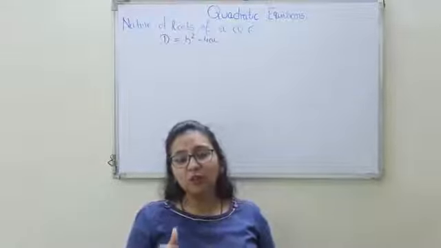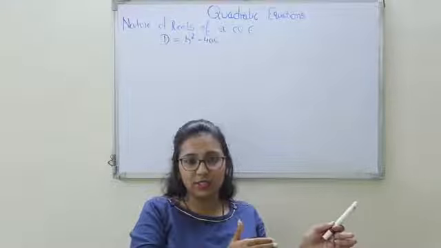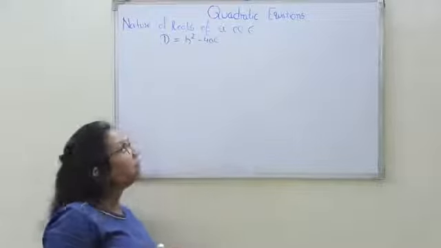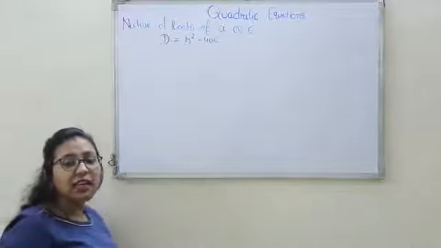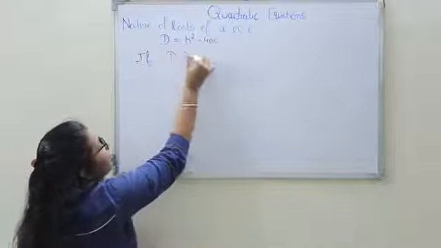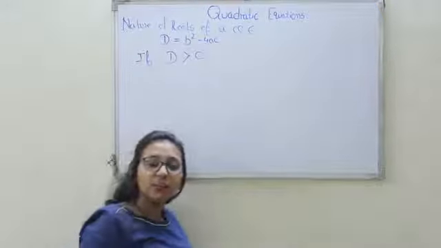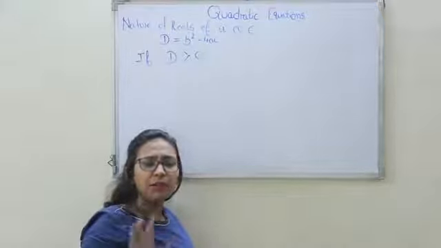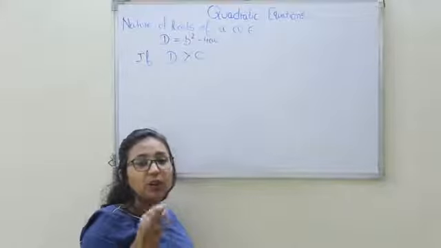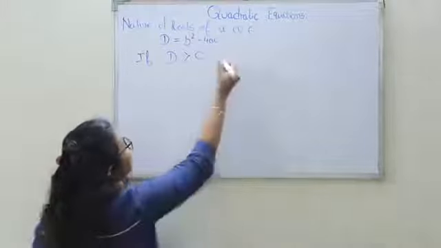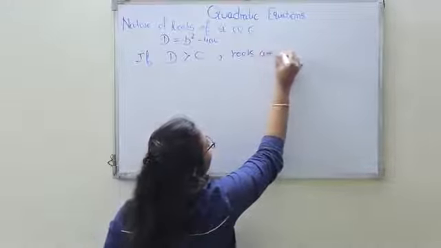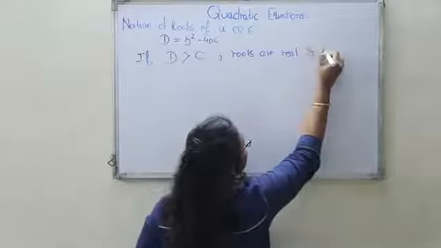After finding this, you have to understand the three situations. I will discuss one after the other. The first situation, you may get the value of b square minus 4ac as any positive value. That is, if D is any value greater than 0, when I say any value greater than 0 it means any positive number, then the roots of the quadratic equation will be real and distinct.